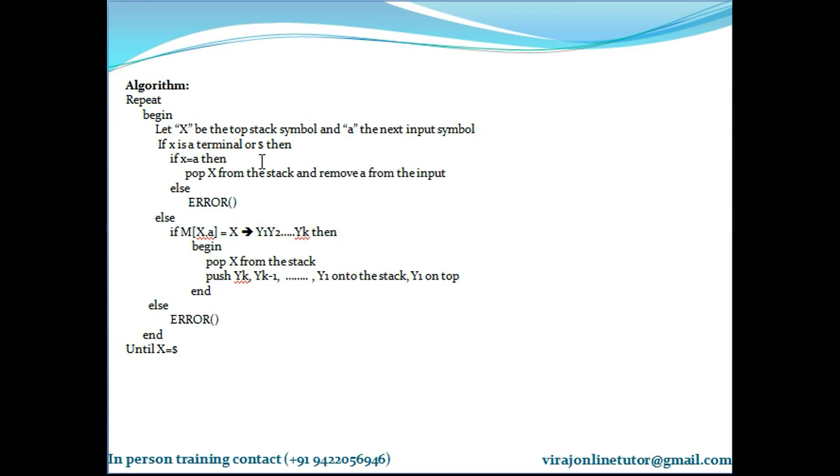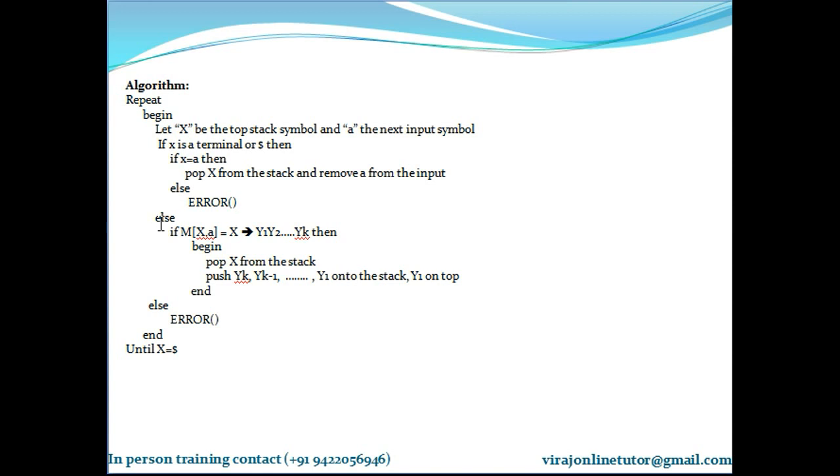If yes, just cancel it out, which is as good as deleting the topmost element from the stack and also incrementing the input pointer. Else, error. That means the topmost element of the stack, which is a terminal, is not matching the current input, so parsing has failed.